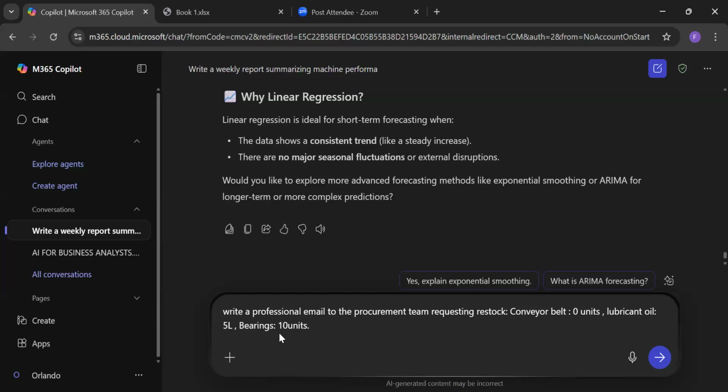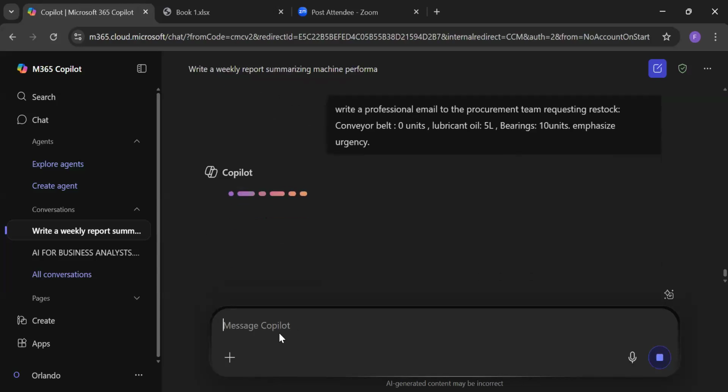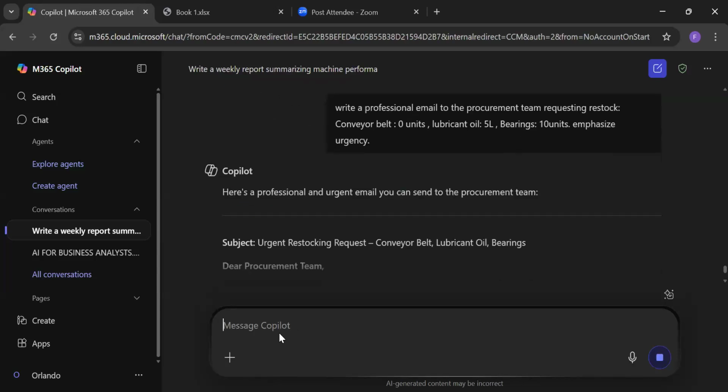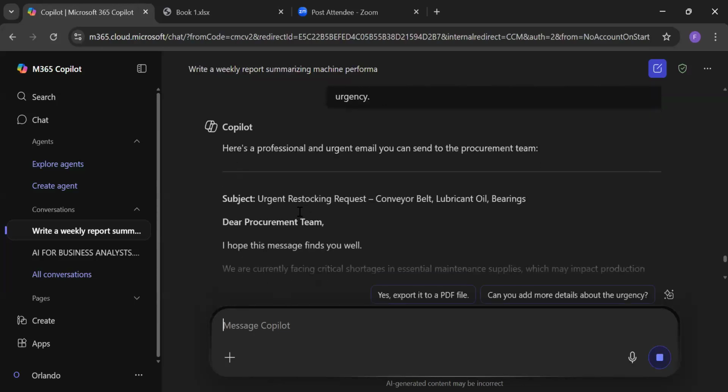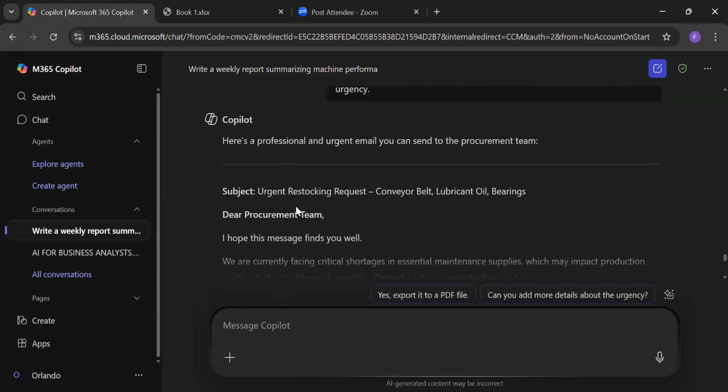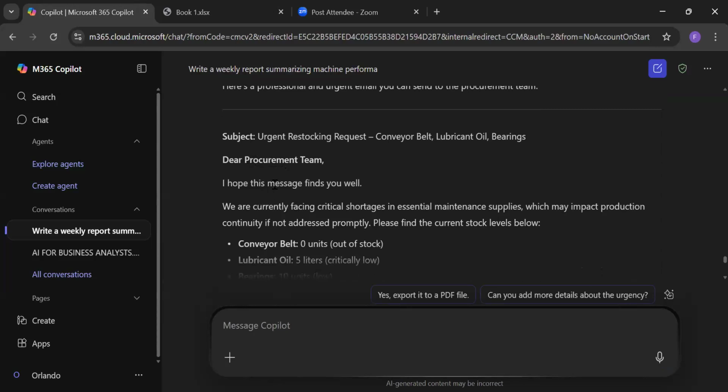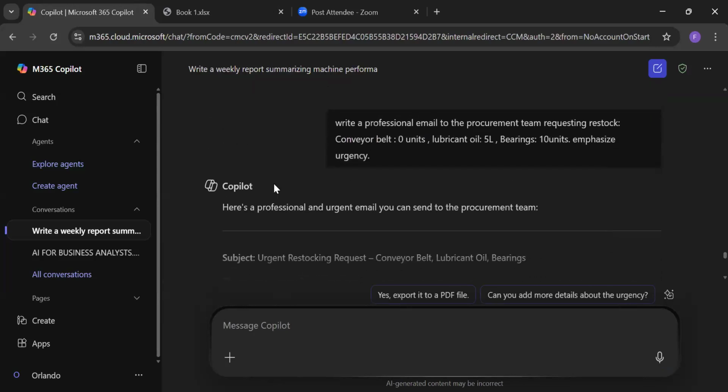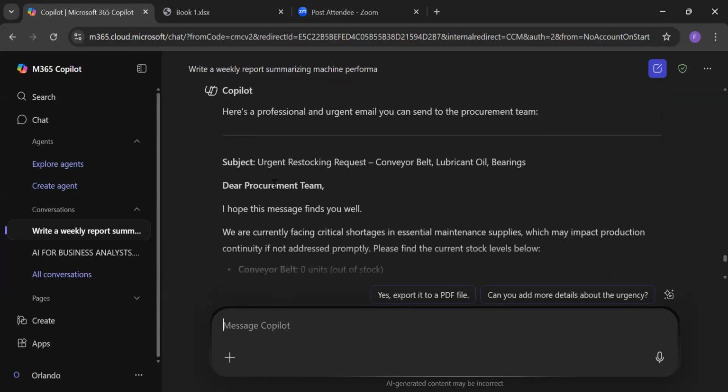And based on how urgent you want it to be, you can tell it to emphasize urgency and give the prompt. So we created what? We created the email for us.